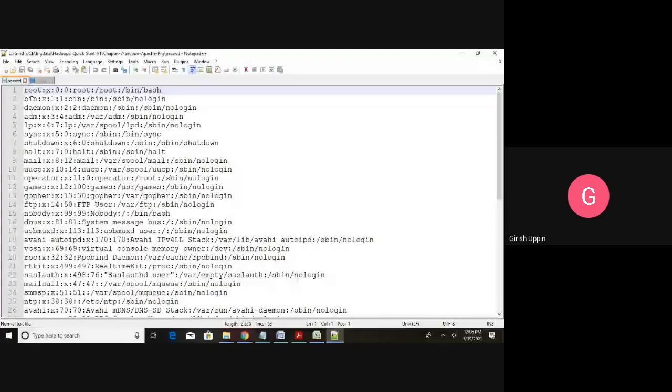You can see here all the usernames are there: root colon bin colon, and other information. We are not going to extract that information. We take the first word, up to the colon, which is the user information. We are going to extract only that.